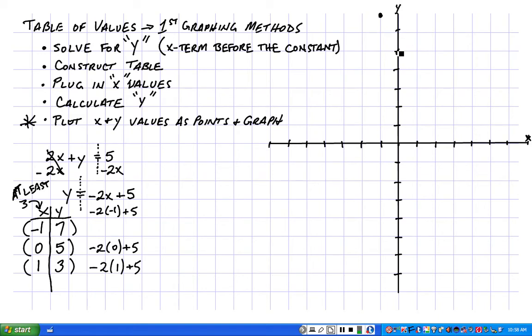So when you have a point on the Y-axis, it is called a Y-intercept. Okay? Anytime you have a point on the axis, it's called an intercept. So a point on the Y-axis would be called a Y-intercept, and a point on the X-axis would be called an X-intercept. Now, our last point is 1, 3. So we go over 1, up 3, make our dot,